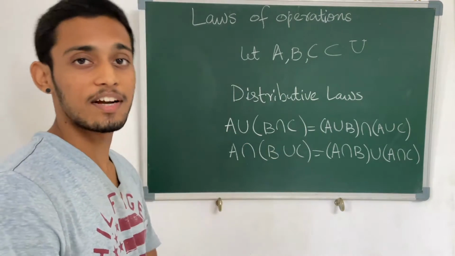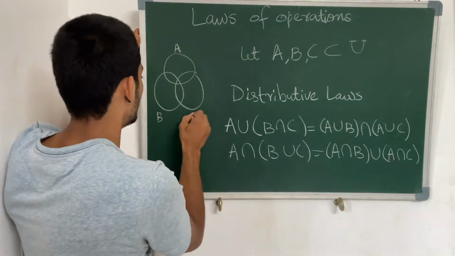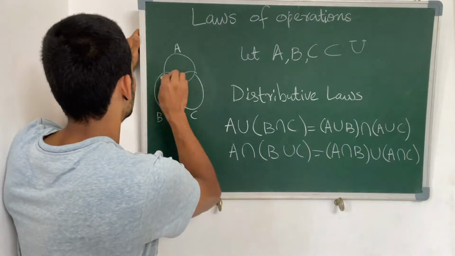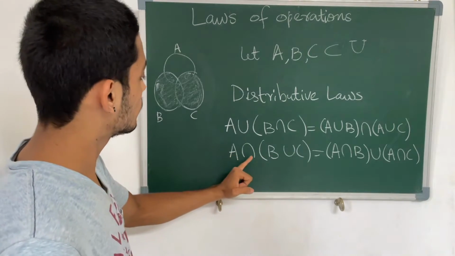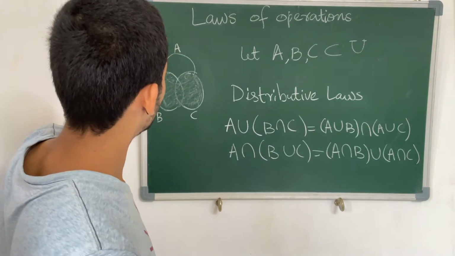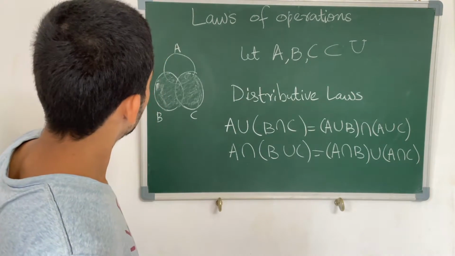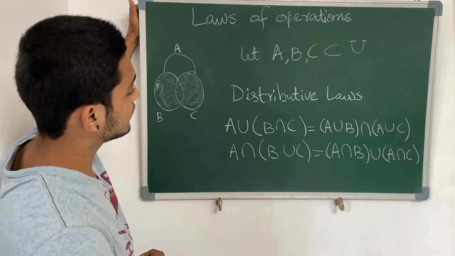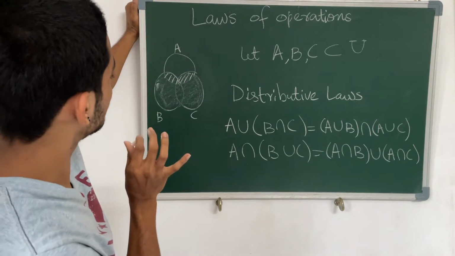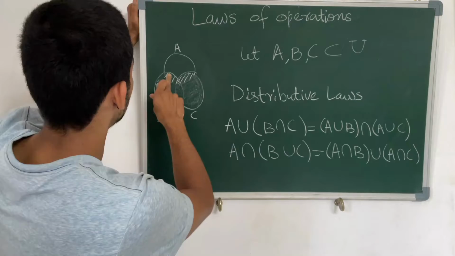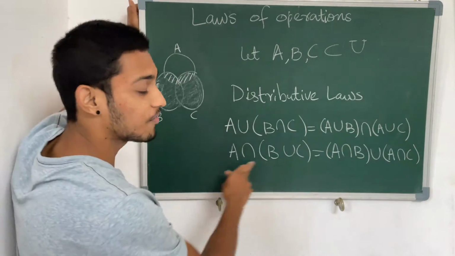So let us again see the Venn diagram to understand it better. So we have, let us take the union of B and C. So this is what we have, B union C. Now intersection with A. So what are the common elements between this and the set A? Okay, so I can see the common elements are this part. This is what is obvious to me. So these elements are in A and are also in this union. So this is what this left hand side means.